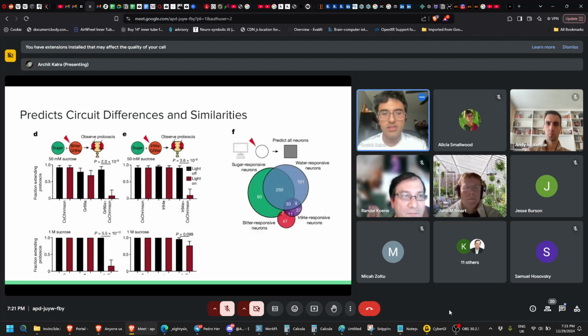It was found that this is actually inhibitory, and it's not strongly inhibitory in the sense that it's not completely eliminating the action of these sugar neurons. But at slightly different concentrations of sucrose, we can see that it's pretty similar to what you would expect with a bitter neuron. And for context, when you have a bitter neuron activated at the same time as a sugar neuron, those effects do tend to cancel, and we don't have proboscis movement toward the sugar source because the bitter neurons are also activated. And we see that this is the case at both concentrations,